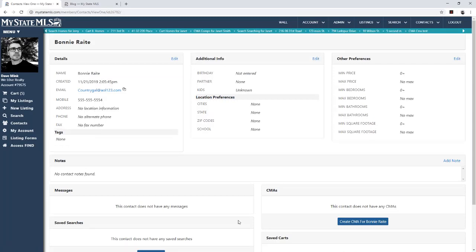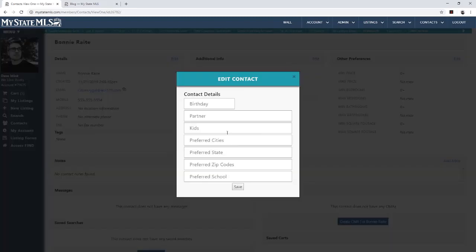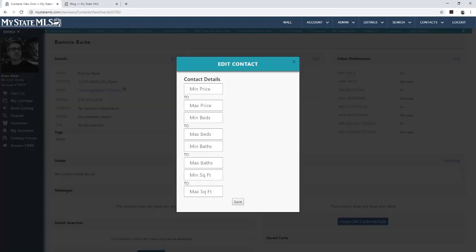Also on her profile or contact card, I can put in additional information. Maybe I want to put information about her family, where she's looking to buy, preferred zip codes, maybe preferred schools. Again, these are all just going to be notes that we can have and pull up at a later date at any time. Same thing with other preferences. Here's where we're going to be able to have a price range, number of beds and baths, square footage, things that she's looking for in a home. And all this stuff is going to become important down the road once we actually start doing our searches for